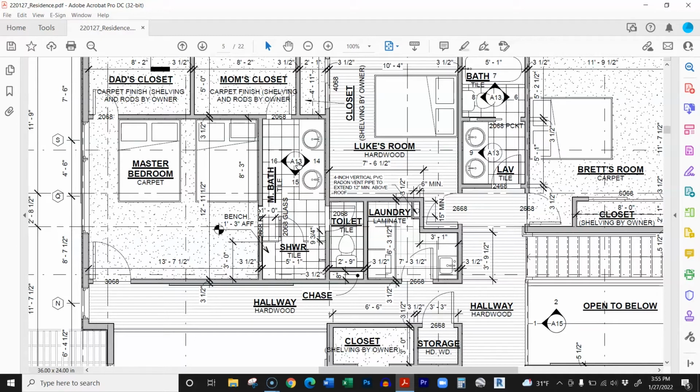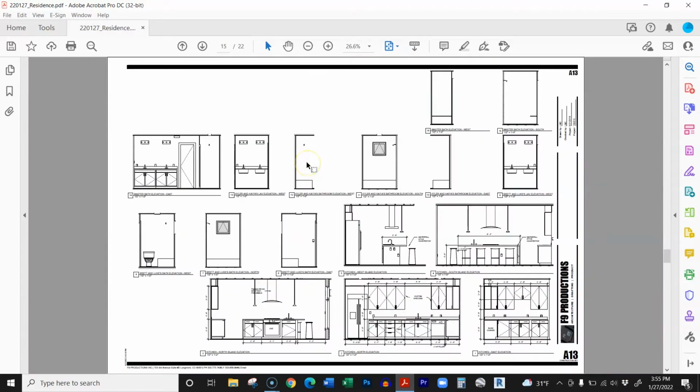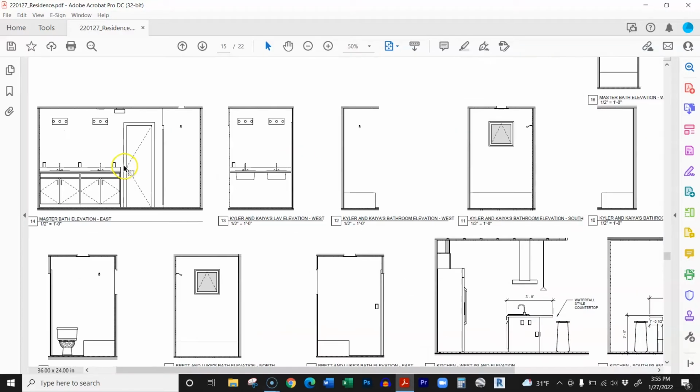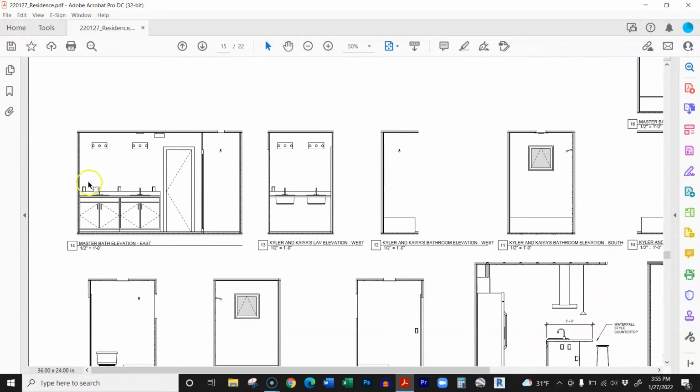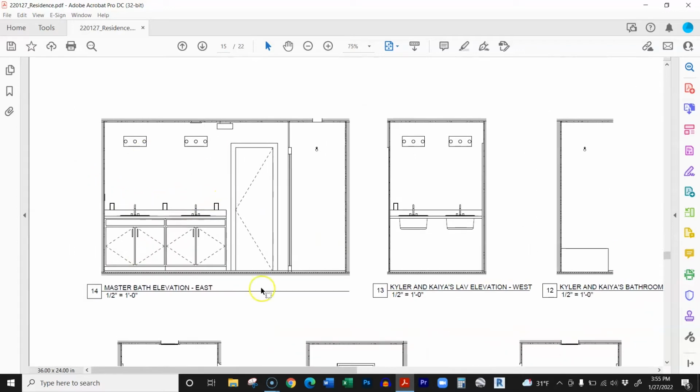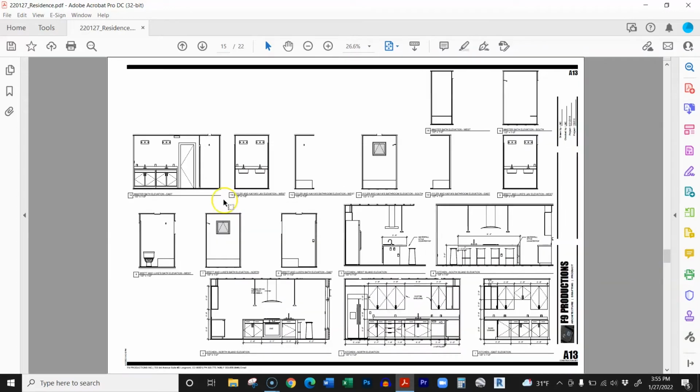And so, drawing on sheet A13, drawing 14, because the arrow's pointing this way, I could just click on that or go to that sheet, and all of a sudden, those drawings are available to me, right? And if you remember, we noted it was drawing 14. Well, drawing 14 is way over here, and I can start to look at what those vanities look like. Let's go back to